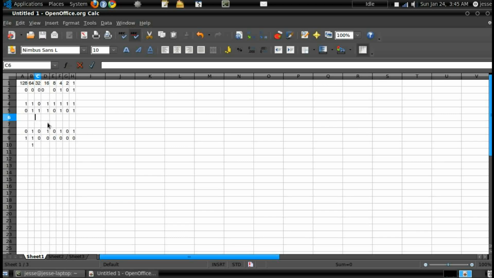An explicit OR is only OR. So the only ones for this would be this one and this one and this one. So I'd have something like, oh, this one. 1, 0, 1, 0, 1, 0, 1, 0. Not too bad, I guess. So that's explicit OR. So that's all the concepts for bitwise. I'm actually going to leave this table up because